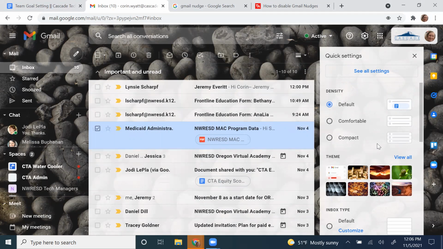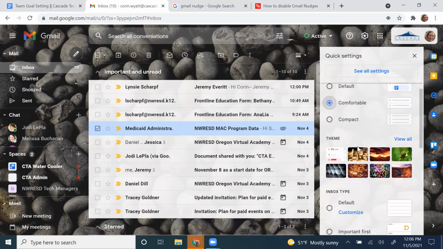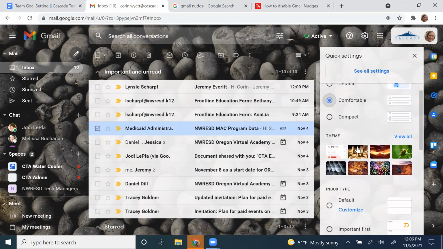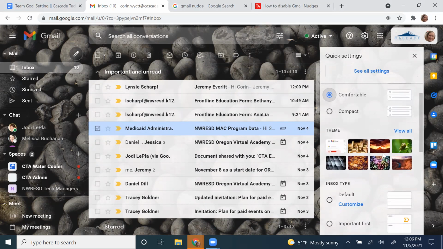The other things here in quick settings that might help in terms of frustration or just viewability is you have the ability to change the theme on your email, which is really nice if you log into multiple profiles. So I know that this is my Cascade Technology email because it has this rock theme, and my other inboxes have different themes on them.